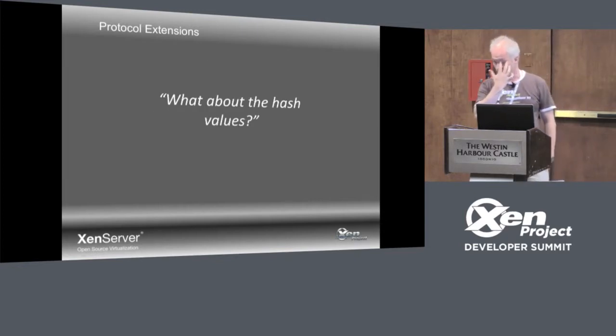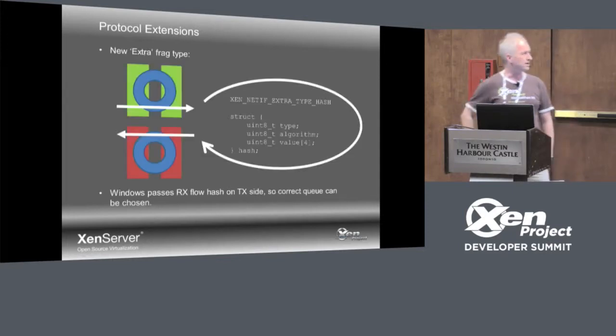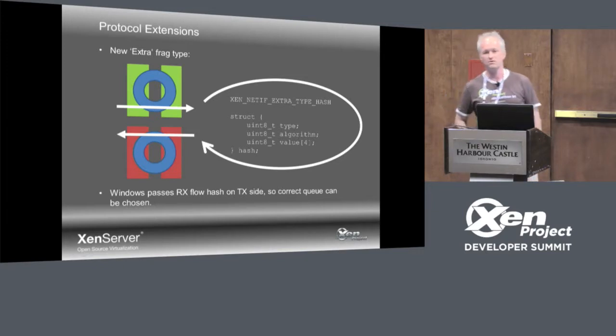But what about the values? So one question is, why did we set the value on the SKB? All we needed to do was look up something from a table. Why did we actually put the value in the SKB itself? Well, the reason for that is that in the actual RX path, I defined a new extra frag type, which